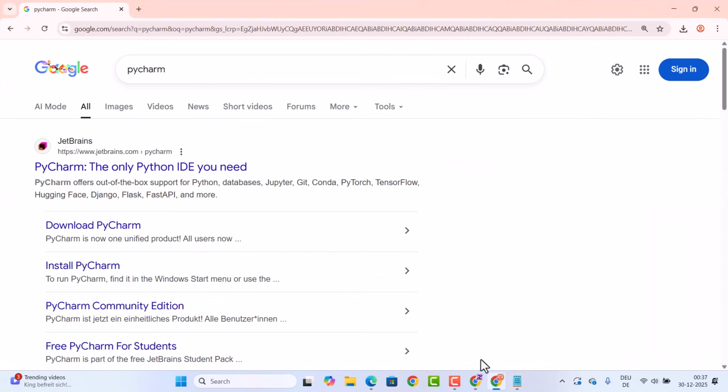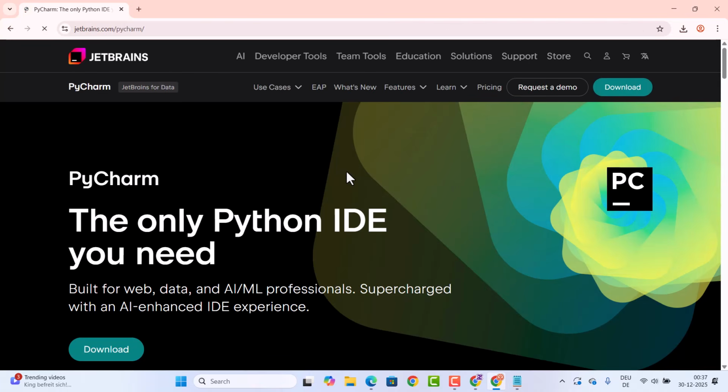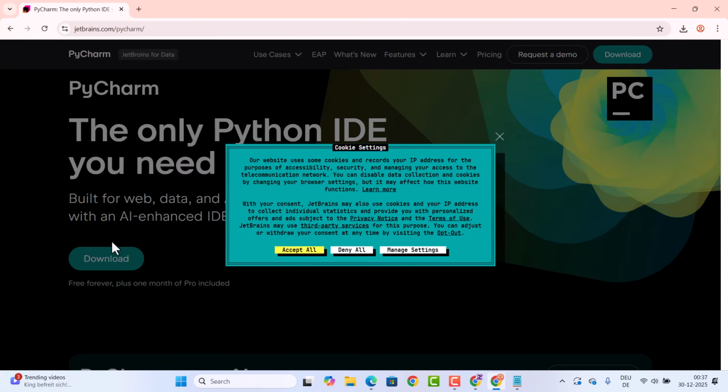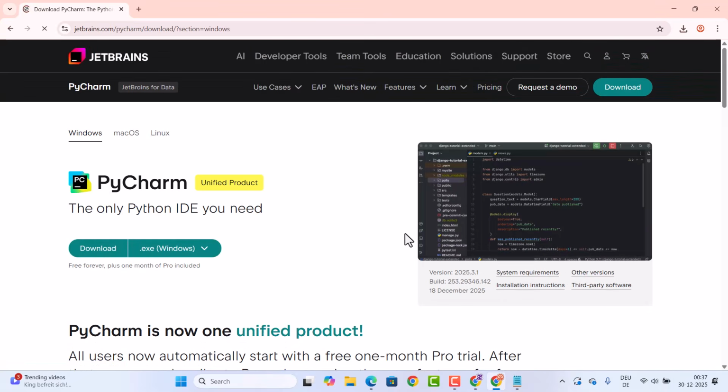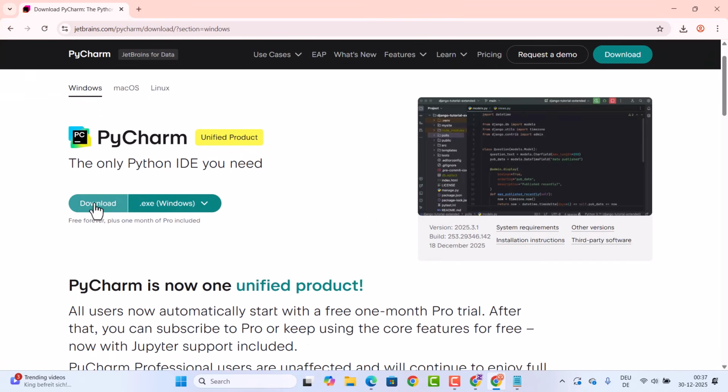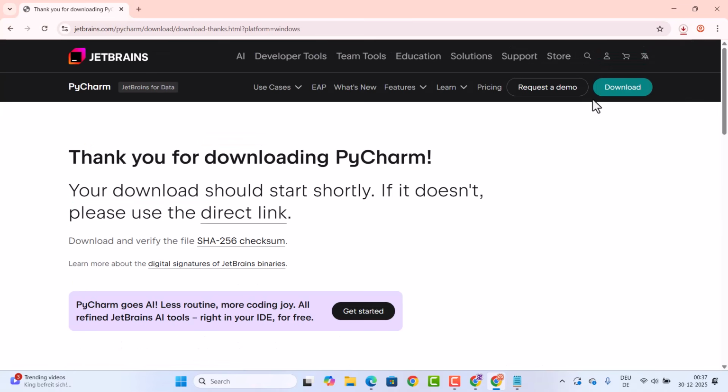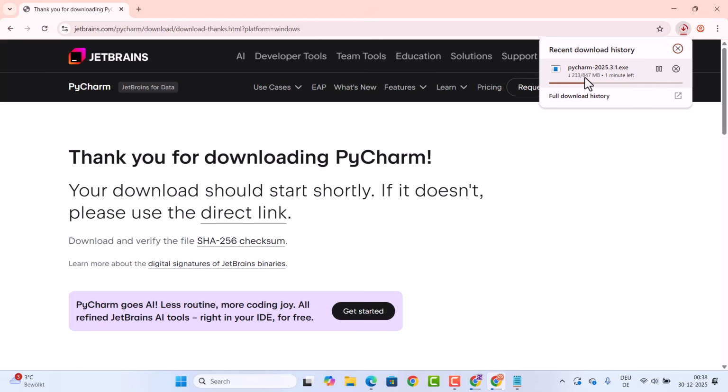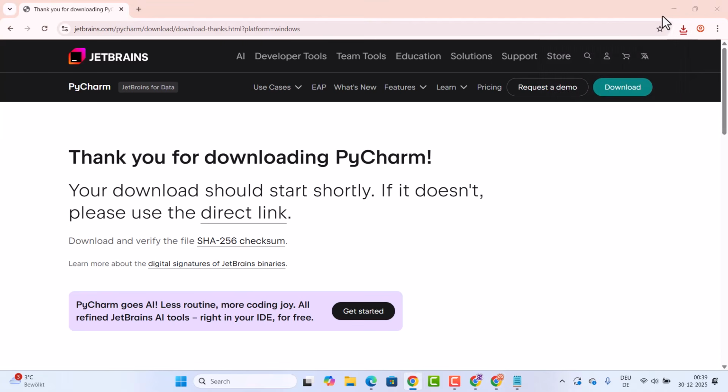So for that, open your favorite browser and search for PyCharm. And the first link which will appear here will be from jetbrains.com/PyCharm. We are going to click on this link and straight away we see this kind of download button. We just need to accept all here and then click on this download button and then you have this .exe file. So I'm going to click on the download button once again, which is going to start the download of this exe file. So you can see this file is around 847 megabyte file, so it might take some time to download. And once this exe file is downloaded, we are going to click on this exe file and then